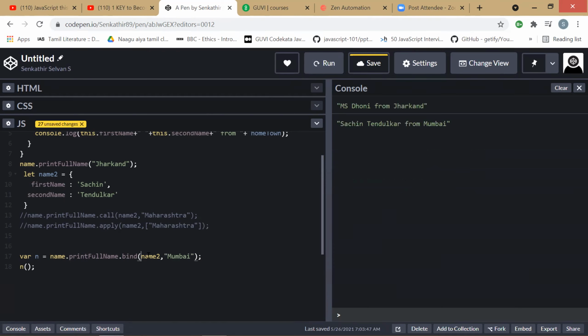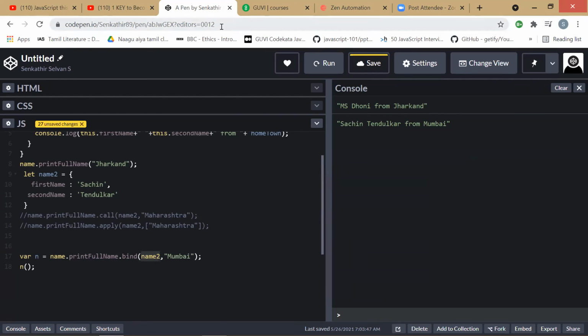So you are just giving the reference here, and the function is returned, and we are just calling the function. Yeah, makes sense.